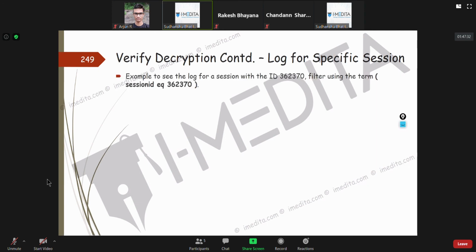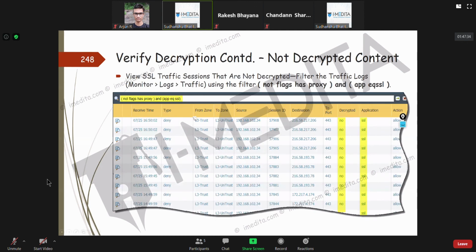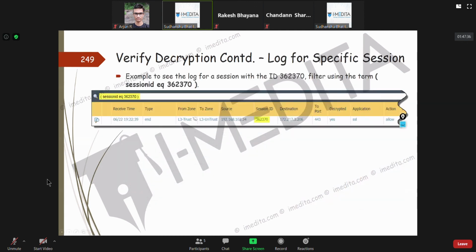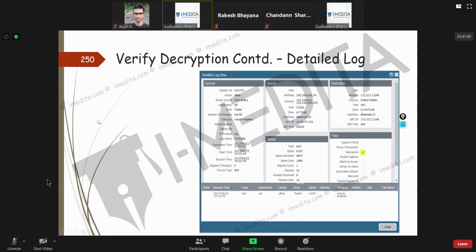You could also take a session ID and check individual session IDs for decryption. Also, you could click on this magnifying glass icon. This I showed you yesterday.